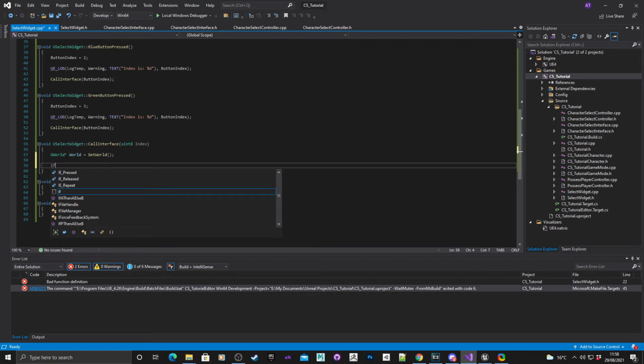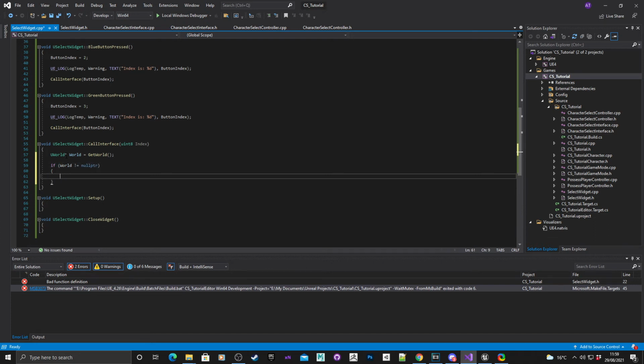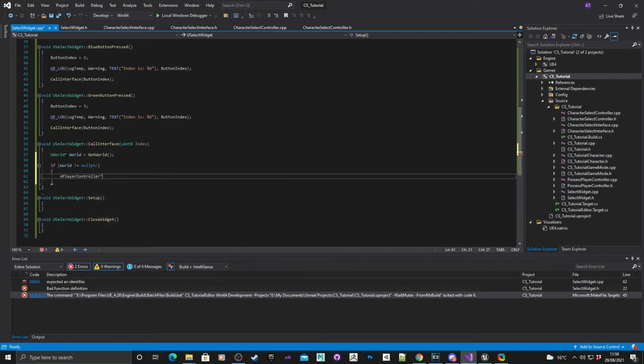Next, if world is not nullptr, open parentheses, I'm going to get the player controller. So get a player controller pointer,